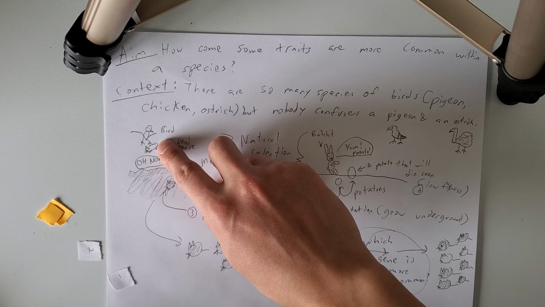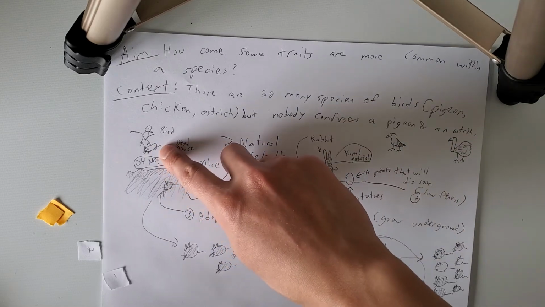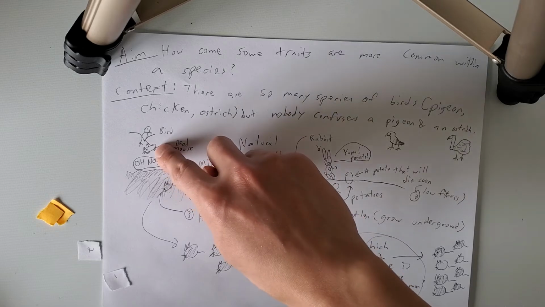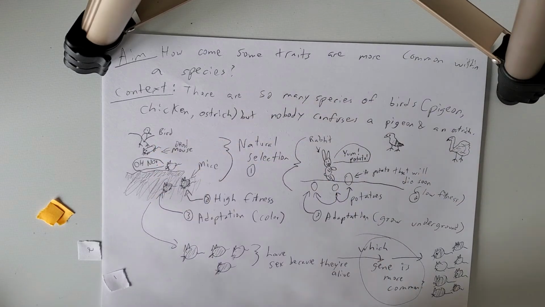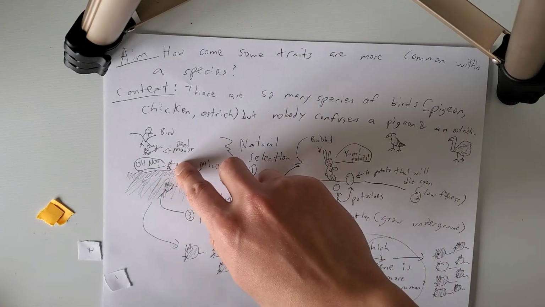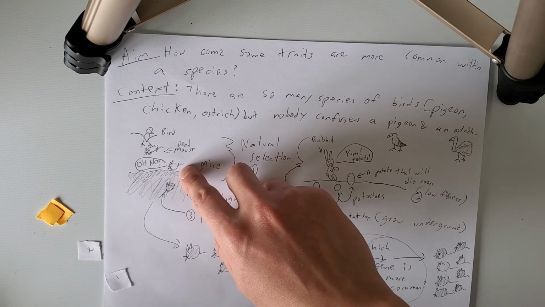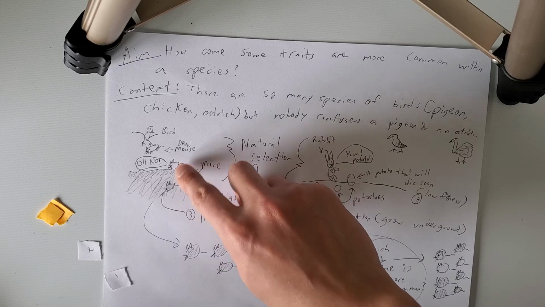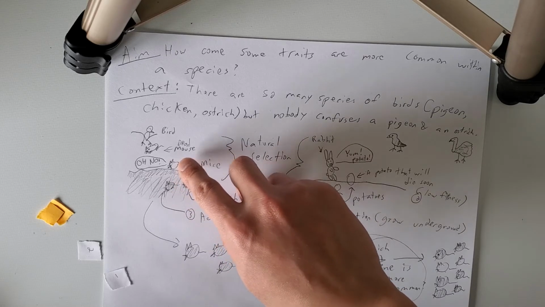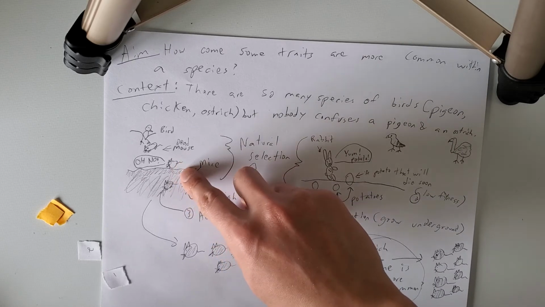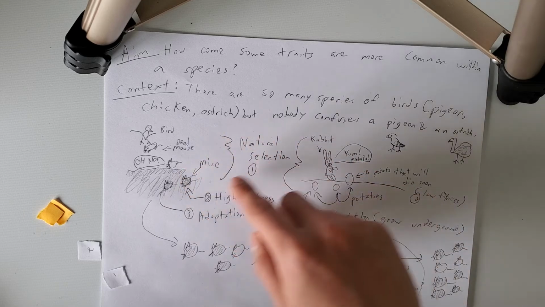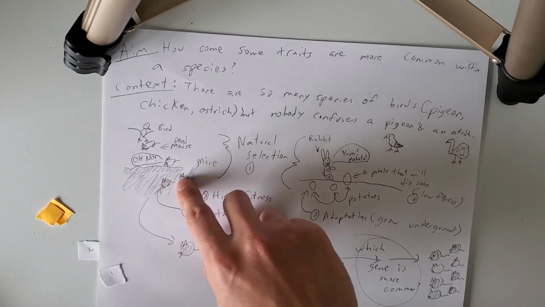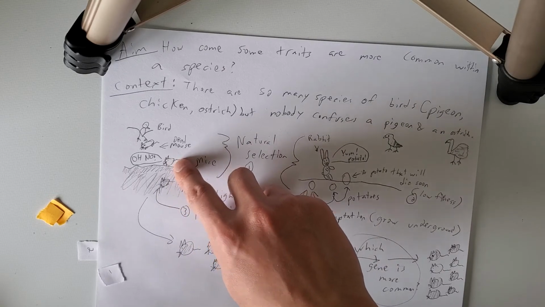This mouse over here, was it born with the adaptation? No. It did not have the gene to make the black trait, and so it could not adapt. Right? So this mouse over here that says, oh no, is this mouse going to be able to change its color to black? No. Is this mouse going to be able to adapt to the environment? No, right? Because it was not born with the gene to become dark. So it does not have the adaptation.